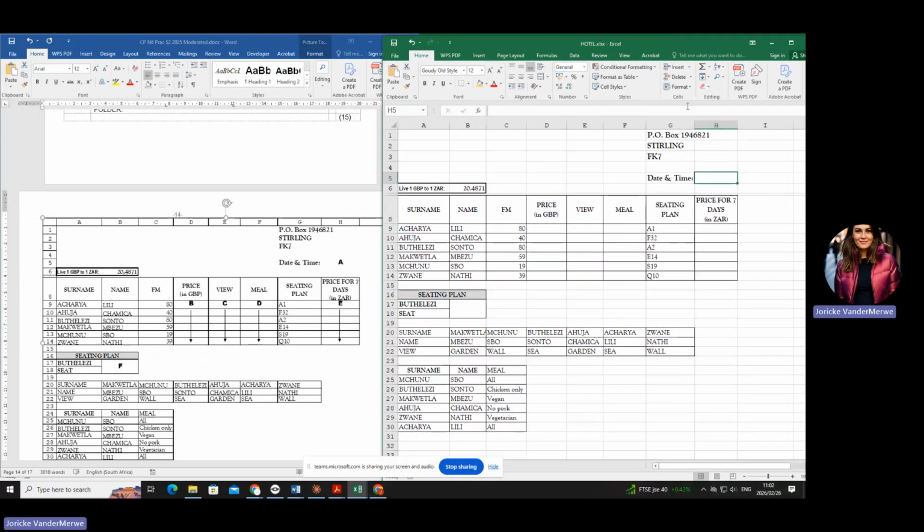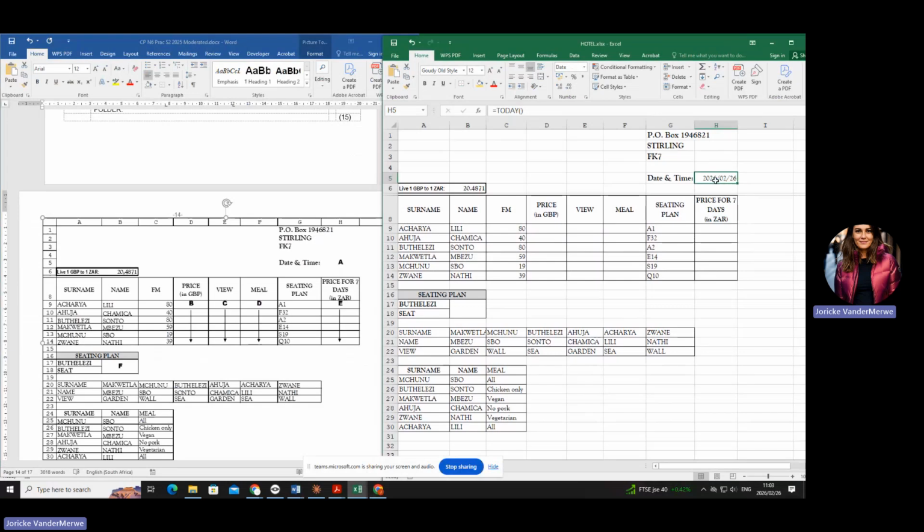There's two ways in which you can display a date. If they want today's date only, in other words, just the date, no time, you're going to say equals today. Can you see that? And you double click and you press enter. Can you see today's date is the 26th of February 2026?